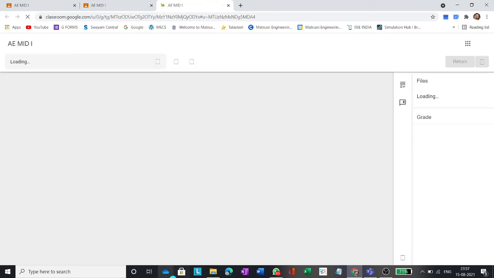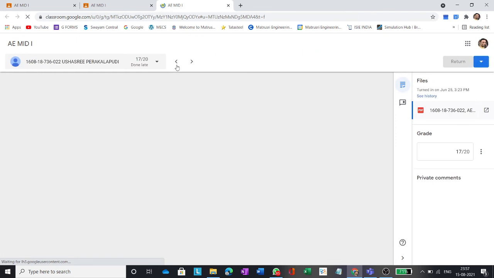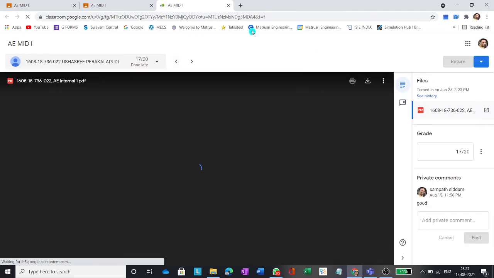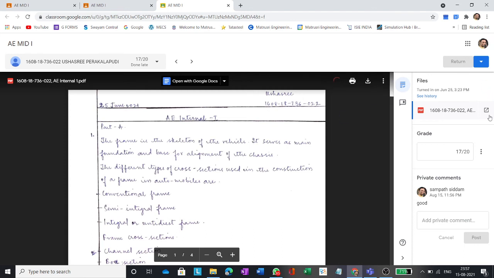I will open that paper and check whether it has been done properly or not. Students also can view the same file after evaluation. If you have any comments, they will check the comments there itself. Yes, see, I have added 17 marks here and I have given the comment over here.